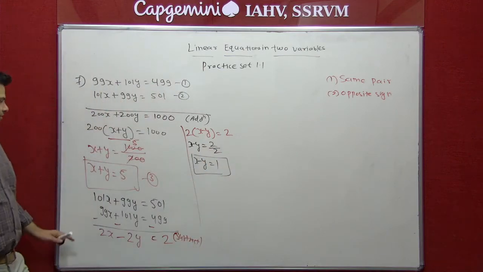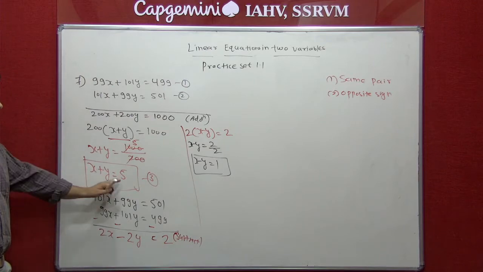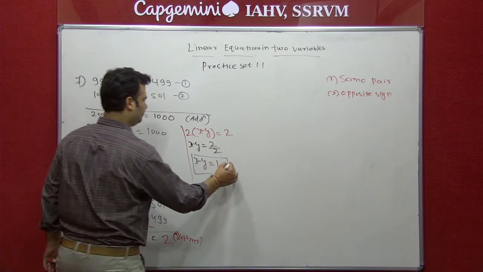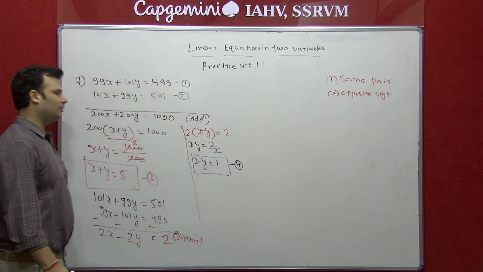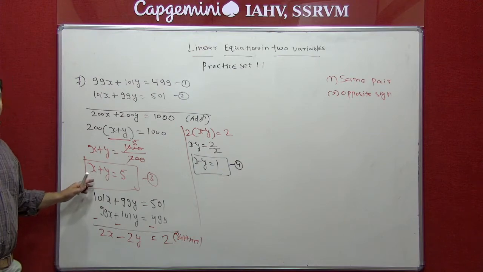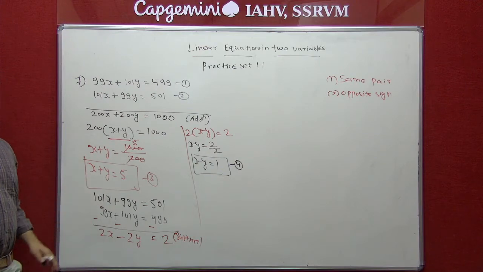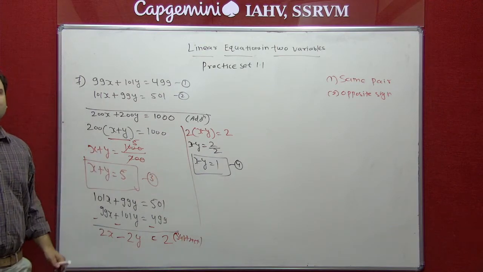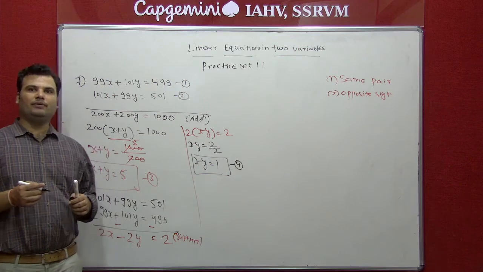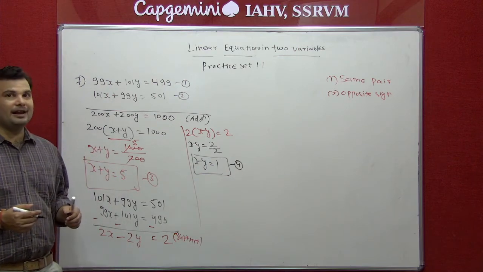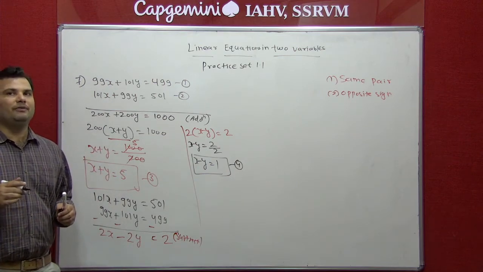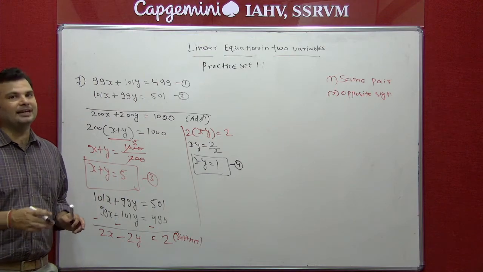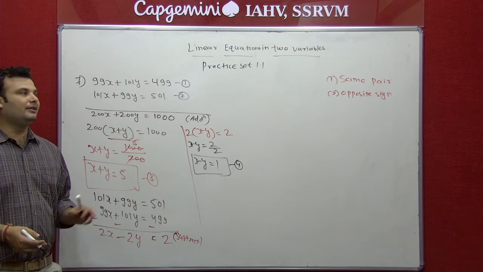So students, you can see we have x plus y equal to 5, and x minus y equal to 1. This is equation number 4. So we can do one thing. You can see again two variables x and y, and opposite sign: this one is plus and this one is minus. So whenever you see the opposite sign, what can we do? Yes, we have to add, because whenever you see the opposite sign, we add the equations. And whenever you see the same sign, we have to subtract, because we require opposite sign.